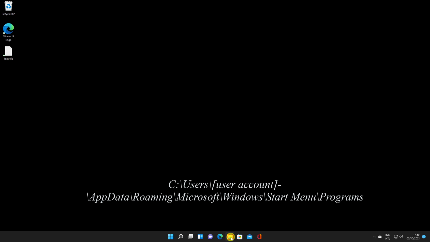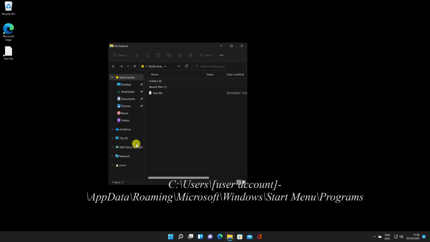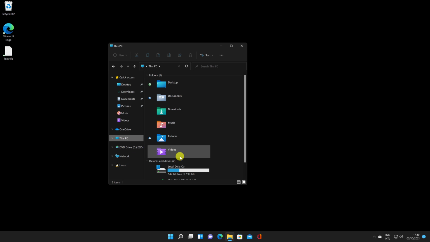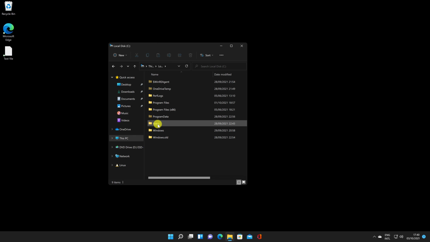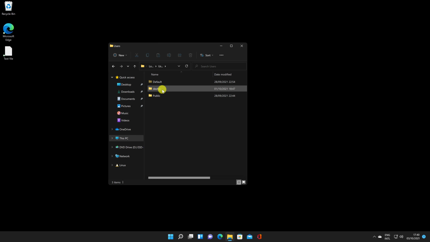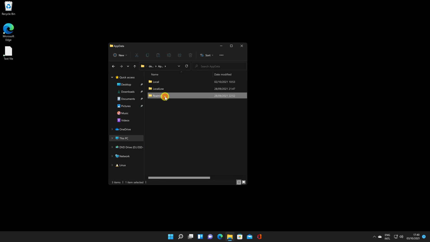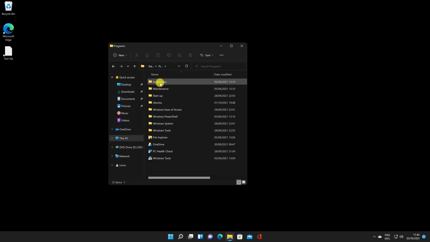Replace user account with your Windows 11 account and press Enter. Next, cut and paste the desktop shortcut you created earlier into the Programs folder.